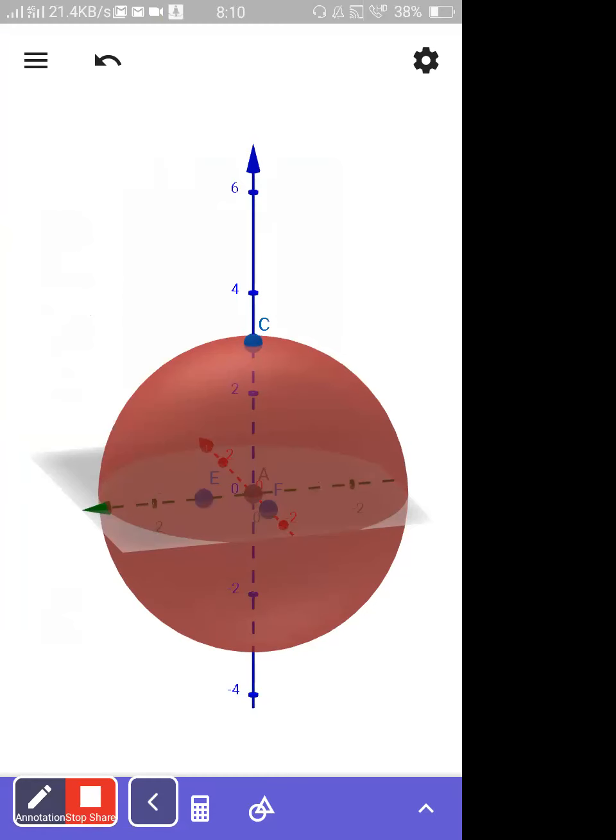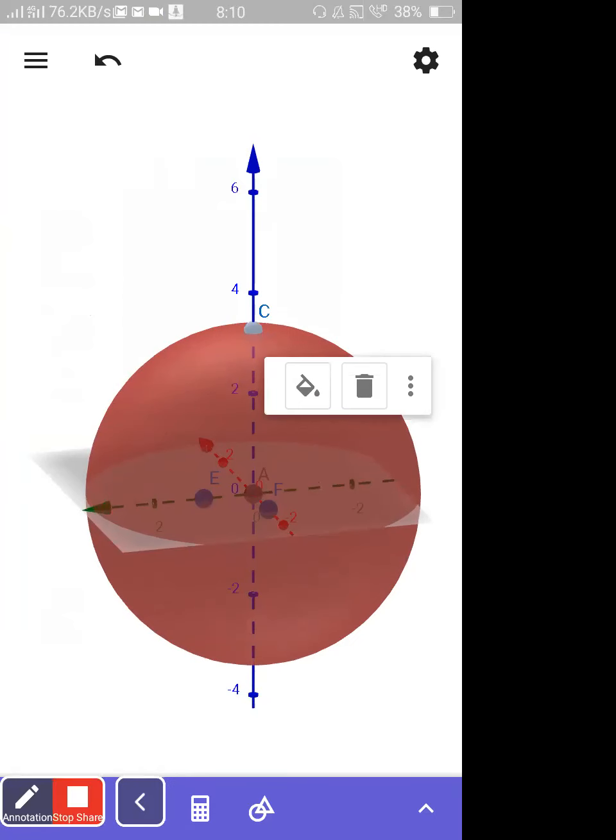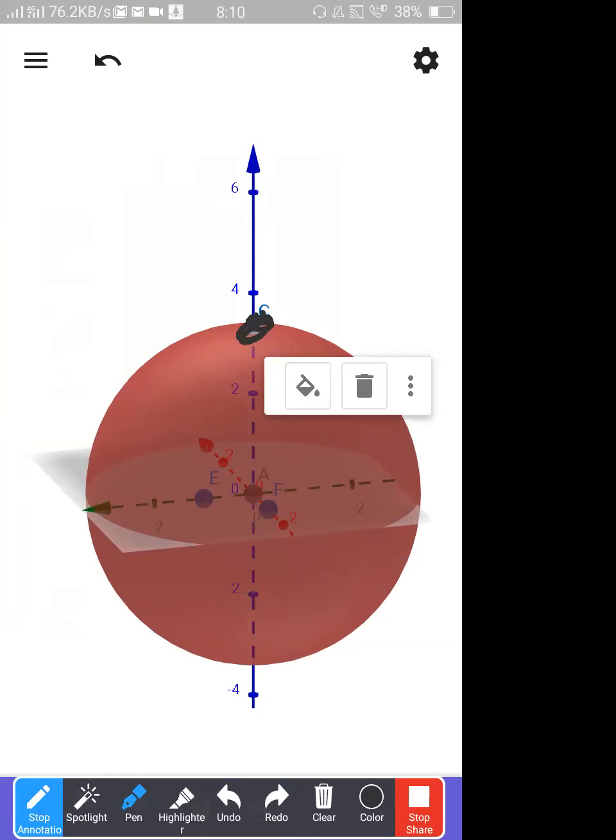Can somebody tell me, if I choose a point, how will my unit vectors be? Because we have not discussed unit vectors yet. Please wait to share the screen. Say I have chosen some point on this sphere. How will my unit vectors be? What will be the direction of a_r cap? Definitely this will be the direction of a_r cap.